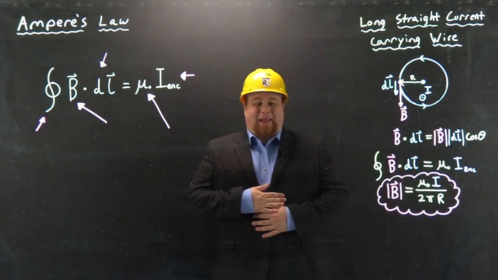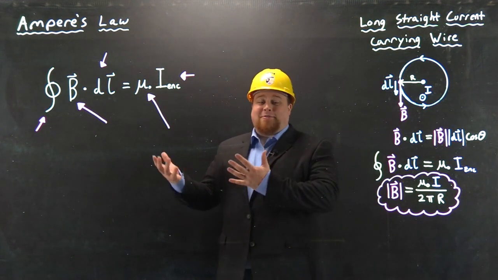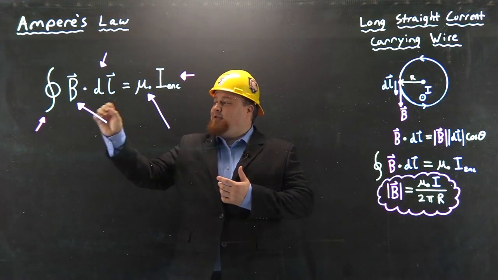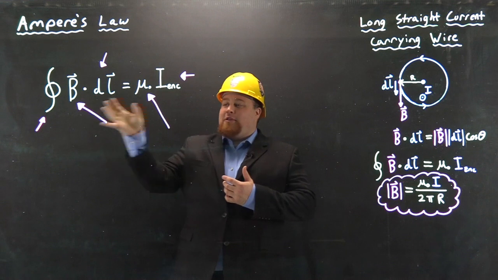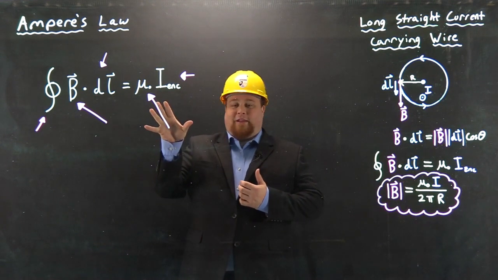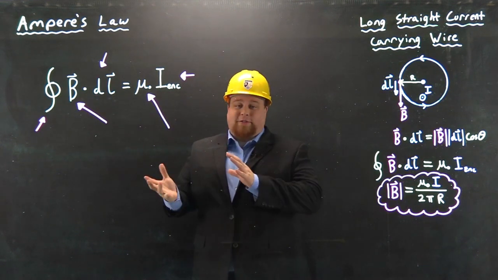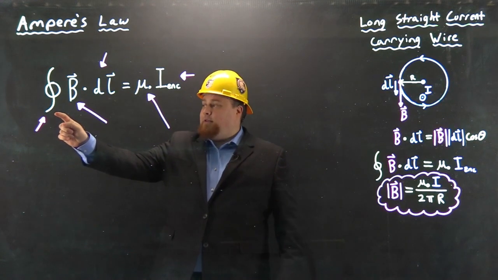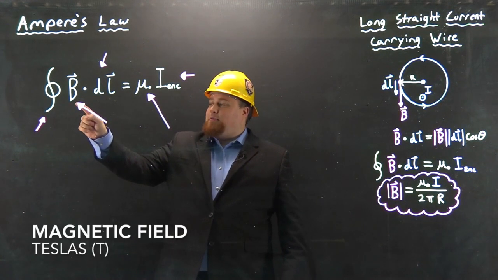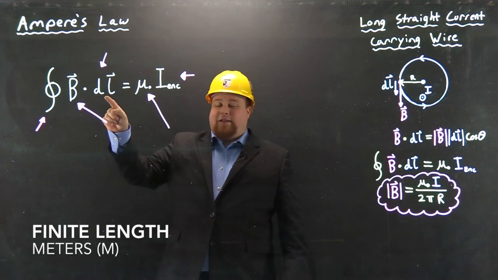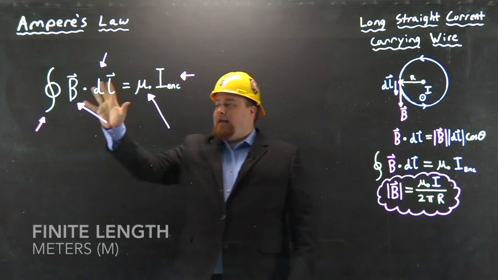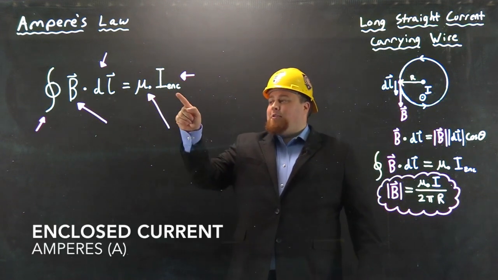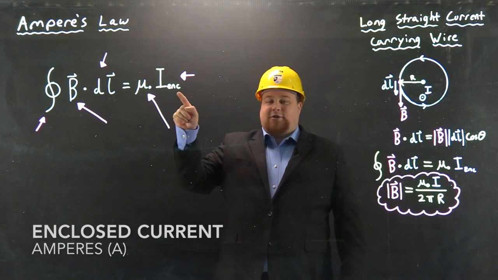Today we're going to be talking about Ampere's law. What Ampere's law describes is the relationship between the magnetic field around a path integral and the enclosed current. If we break that equation down, we have an enclosed path integral where we're taking the dot product between the magnetic field vector and the differential length vector. Then that is equivalent to the permeability of free space multiplied by the enclosed current inside of